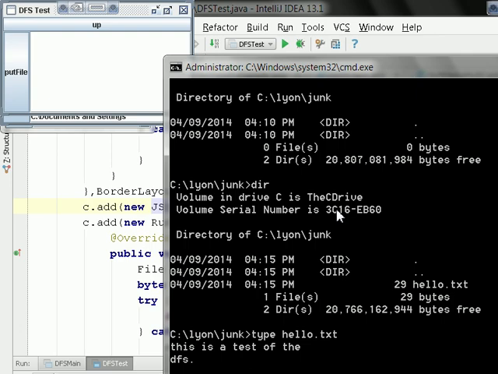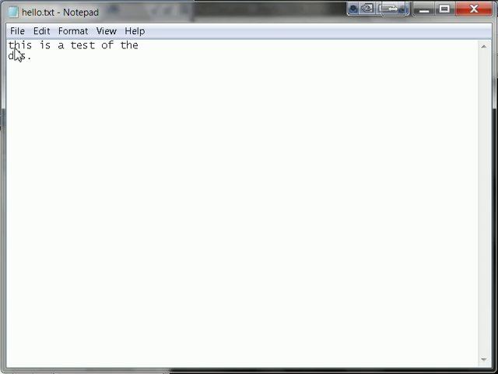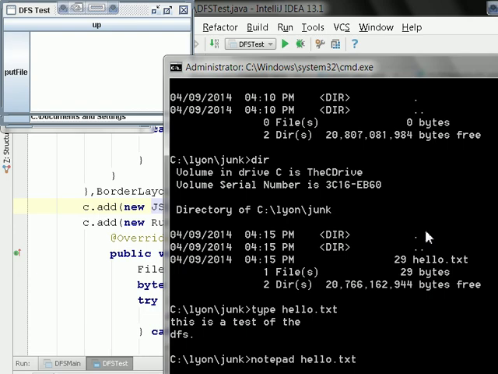Do you think it would overwrite hello.txt if we already had that file in the directory? Would it overwrite automatically? Oh yeah, sure. In fact, what we could do, just for a good time, is we could use Notepad on hello.txt, right? And we could say, let's put in something else. Okay, and now what we'll do is we'll save, and then we'll close, and now what we'll do is we'll type